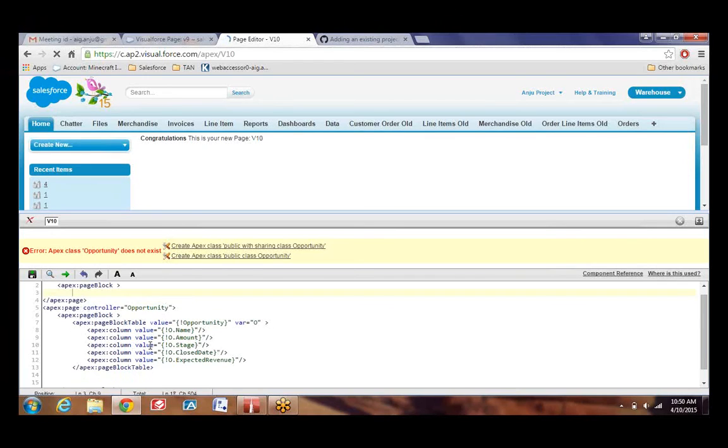Yeah, Anju, where is the error? Public with sharing class opportunity. Okay. So your page, you have ended the page before starting it, and page block is even before the page.